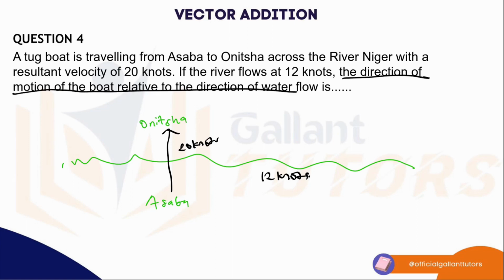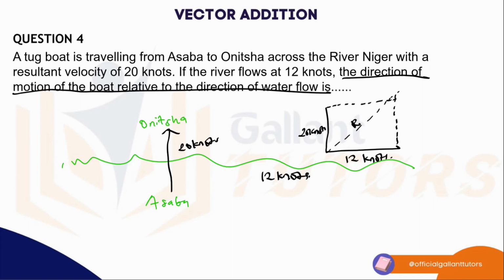This last statement, so you get what I mean. Okay, first let's reconstruct this so it's easier to understand, right? So we have 20 knots and we have 12 knots. Good. So this is how the resultant will be. You know that by now. This is the resultant,